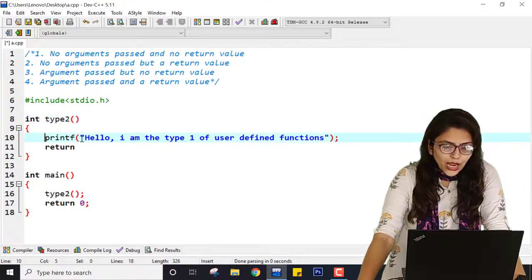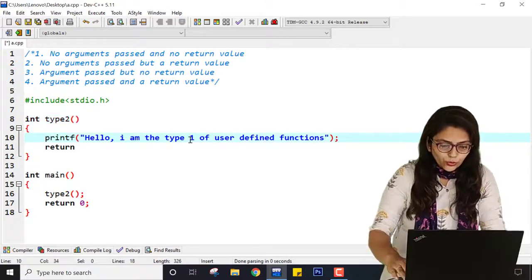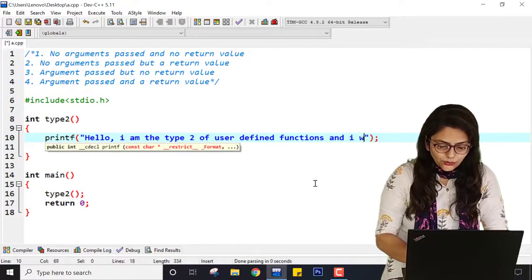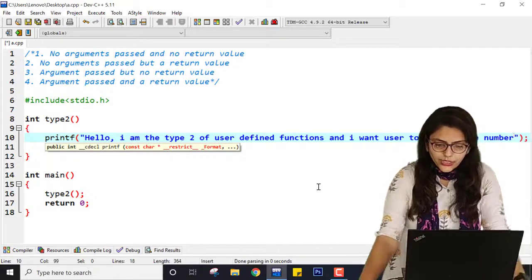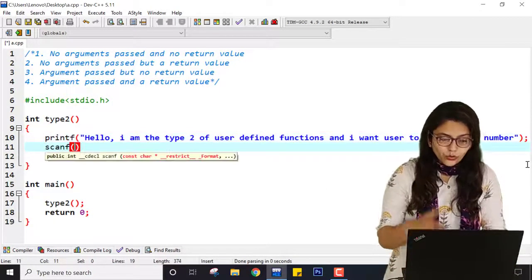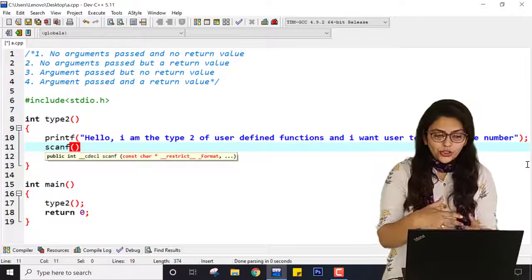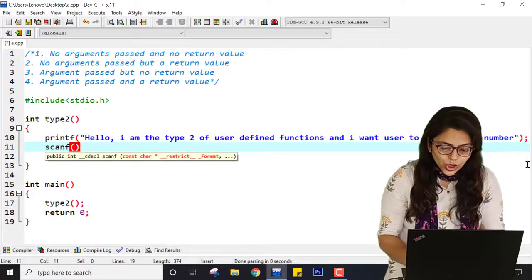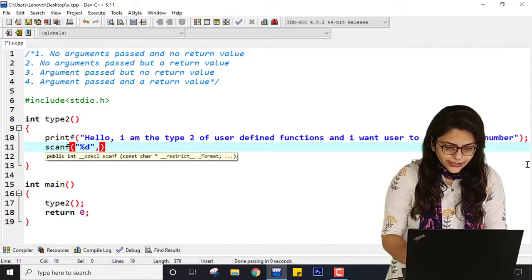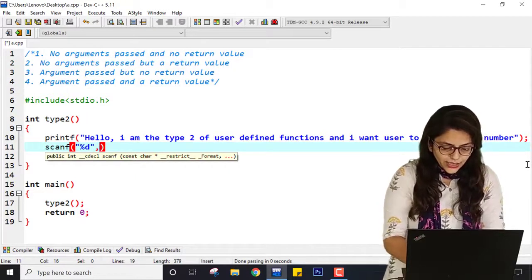So what I can do: hello, I am type 2 of user defined function and I want the user to enter some number. How will the user be able to enter a number? Using scanf. You can also use scanf inside a function. So there is a function inside a function. Here I can write %d and here it can be &a.